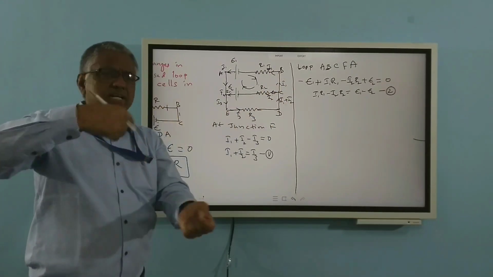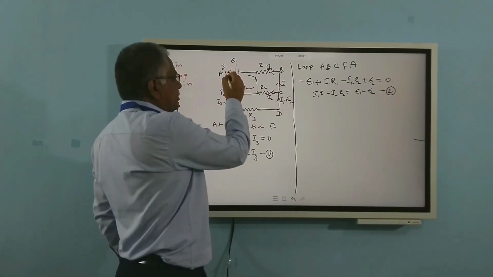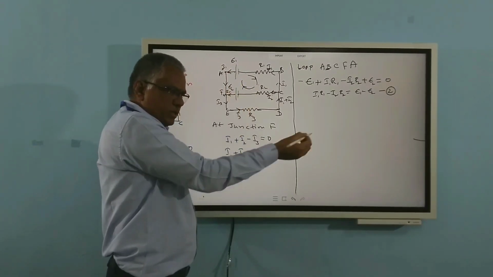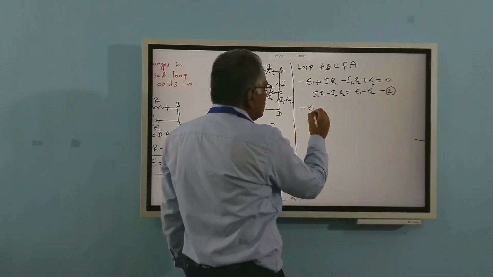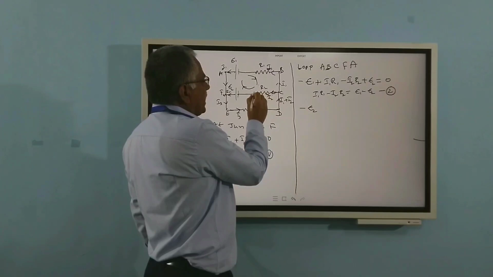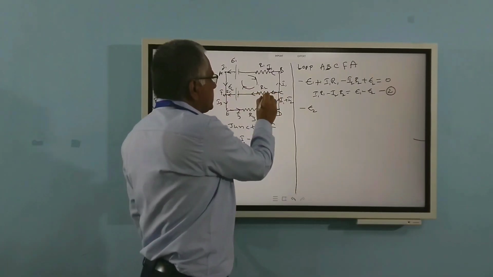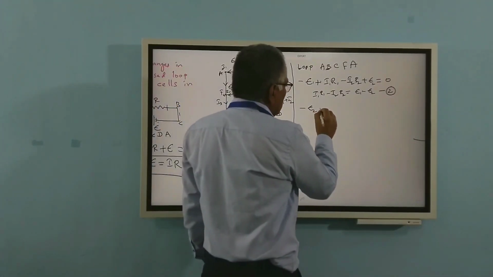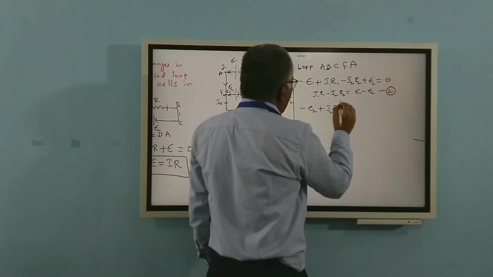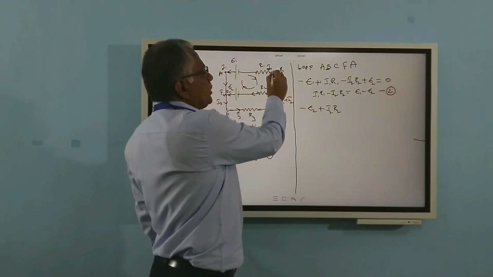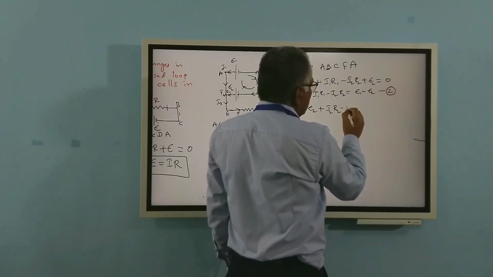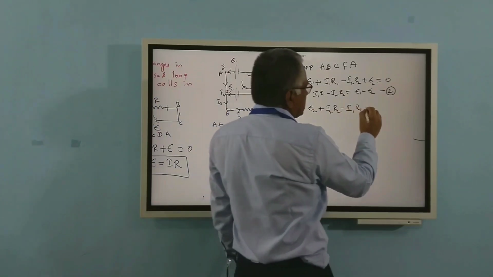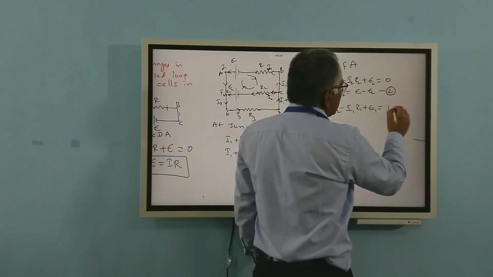Anti-clockwise direction also let us apply and see what happens here. Anti-clockwise, suppose A to F, there is no resistance. E2 is there, positive to negative. When you move from positive to negative, we are taking the negative. Minus E2 and R2. We are going against the current here. Against the current means we are taking as the positive. Plus I2 R2. And coming over here, I1, we are going along the direction of the resistance. We are taking as a minus I1 R1. Here is the cell, negative to positive we are going. This is plus E1 is equal to 0.